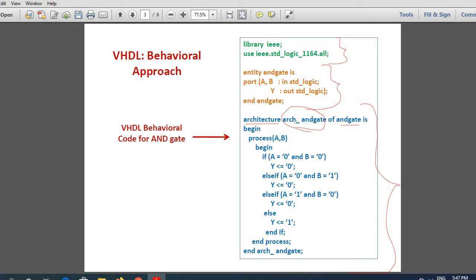Now your architecture begins, and here your architecture ends. Inside this architecture block, you have to start a process and end a process, and write some statements in between.